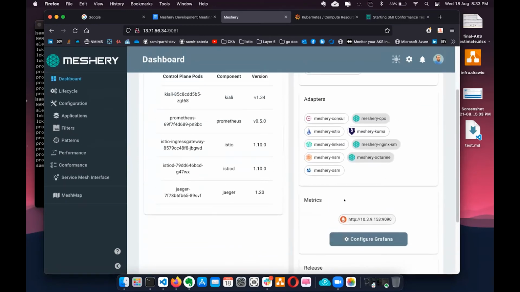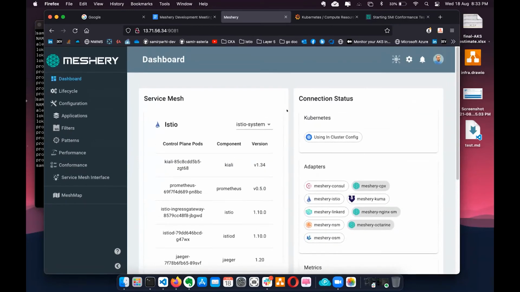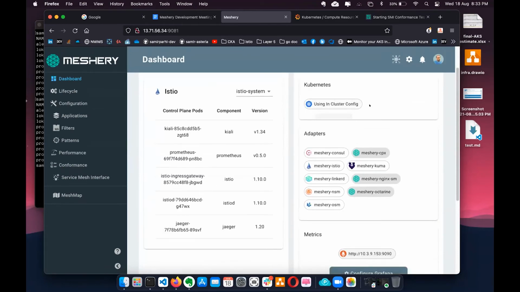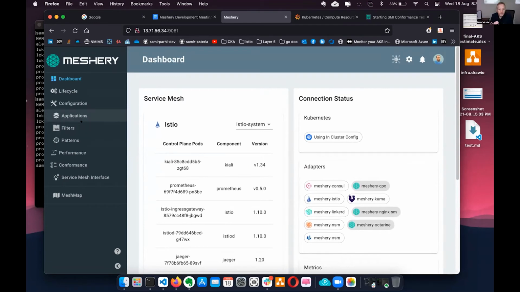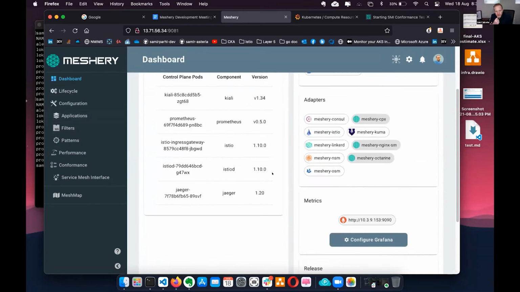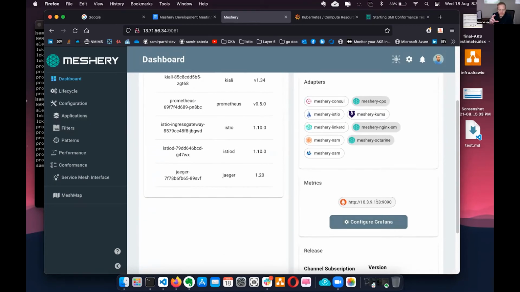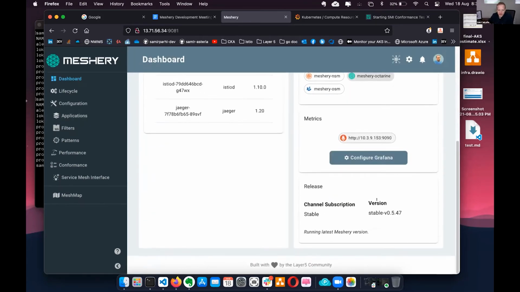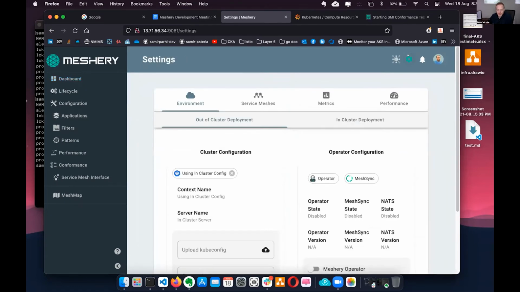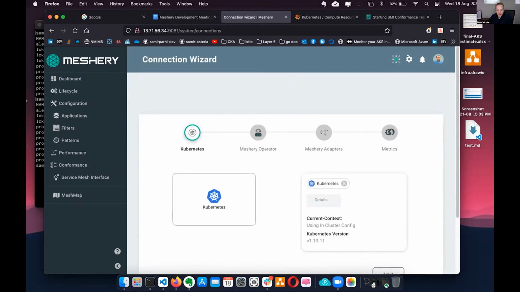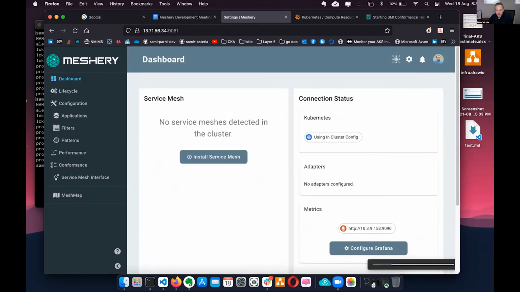So from here, how can I go to the dashboard wherein the Grafana dashboard shows in the Meshery UI? Right. Once Grafana is connected, in settings under metrics, you can add any number of boards, any number of panels, but it's only there after Grafana is connected.